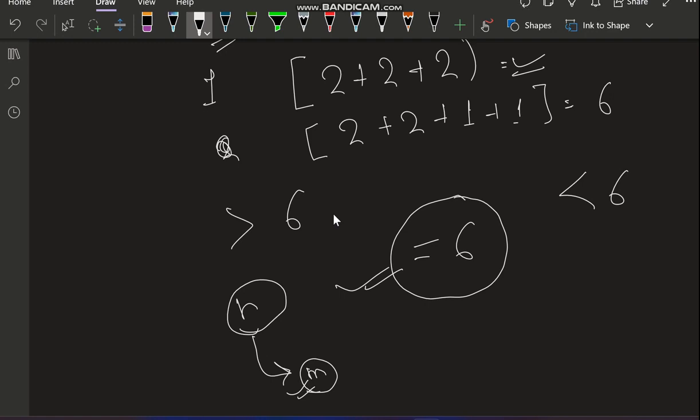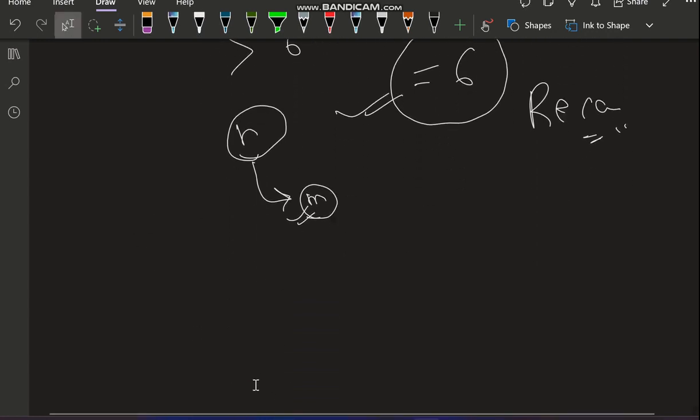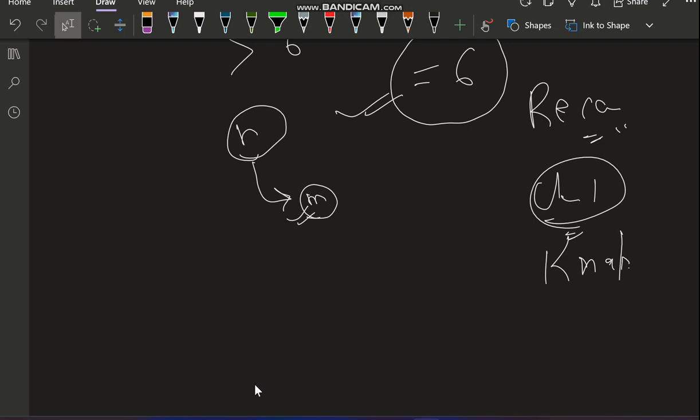Since there are so many ways and we are choosing among all the ways, that's why we are using recursion. In this case we use recursion because for each and every case we either take that case or we do not take it. If you have solved the unbounded knapsack problem, this question is very much similar to that problem.